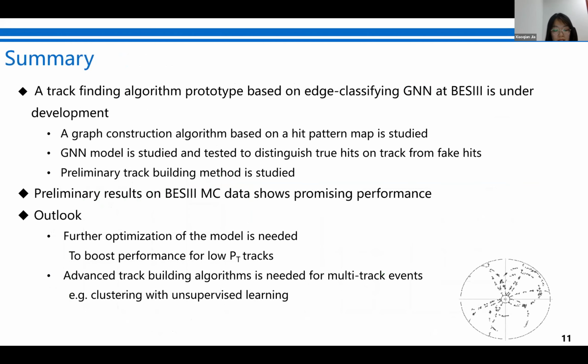To summarize, we built a track finding algorithm prototype based on hit classification GNN at BESIII. It contains a graph construction algorithm based on the hit pattern map, a GNN module, and several track building methods. Preliminary results